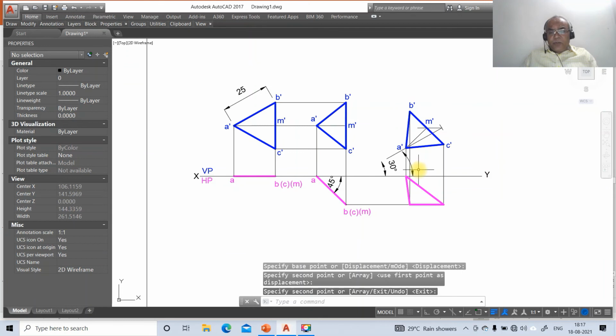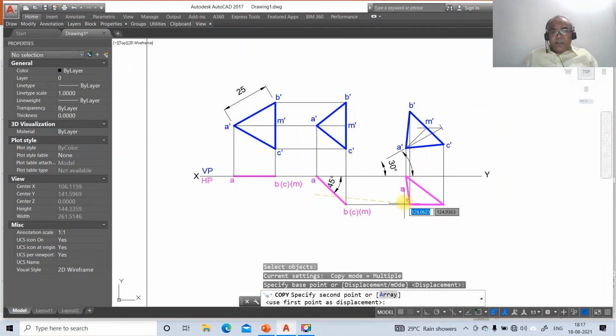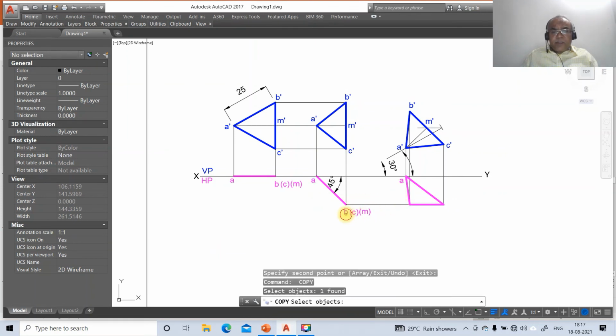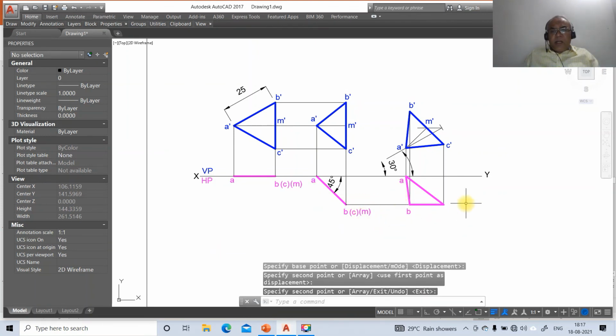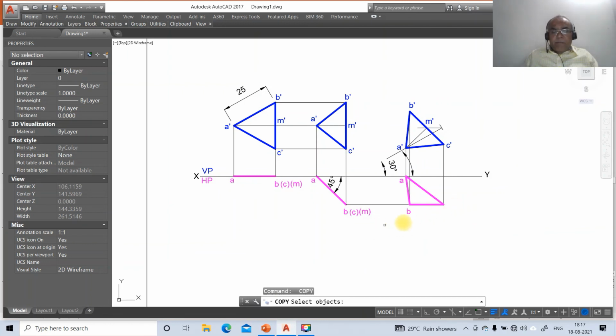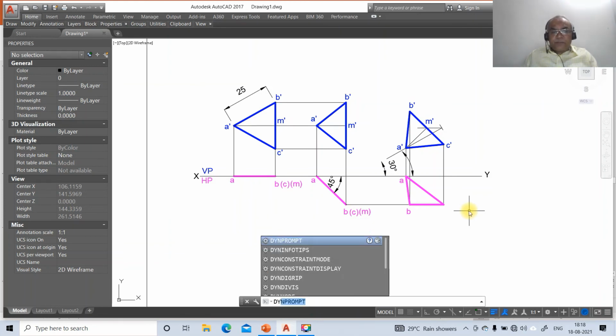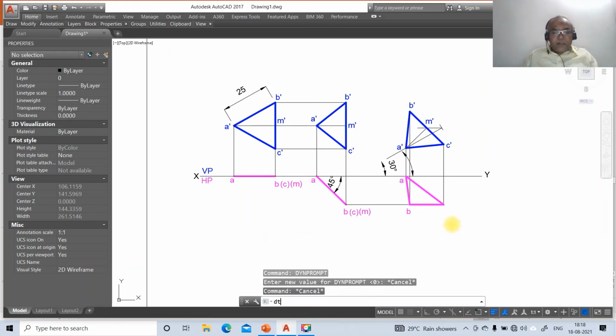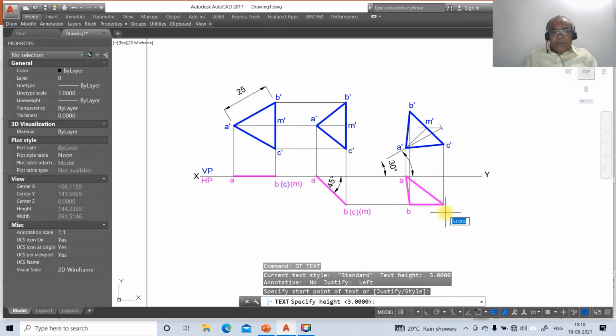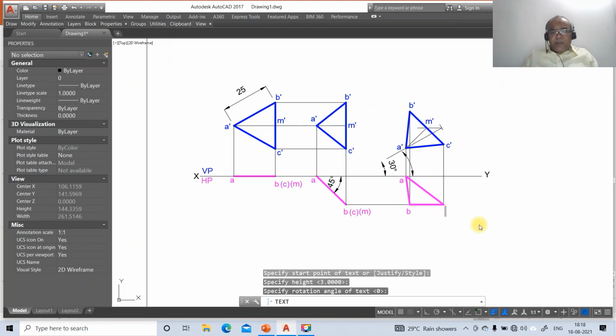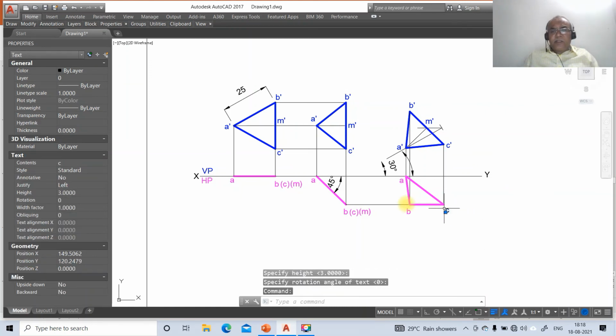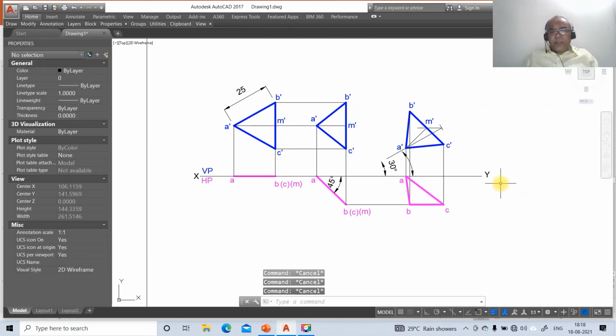Then go to line. So here go to D text. So you take copy. Select objects, you take it as A and you take it as B. And here you take it as M. Then go to D text. Go to D text, specify start point, select some point, take height as 3, and you see C. So once you do that, you just click over this, go to layer, make that layer as top view. So now we have changed all these things.